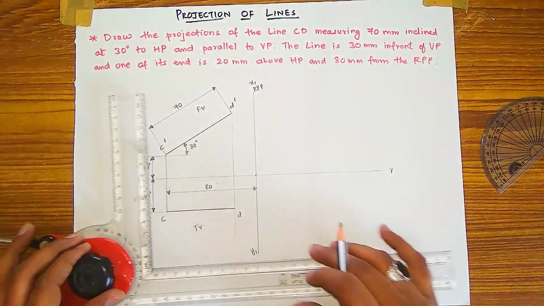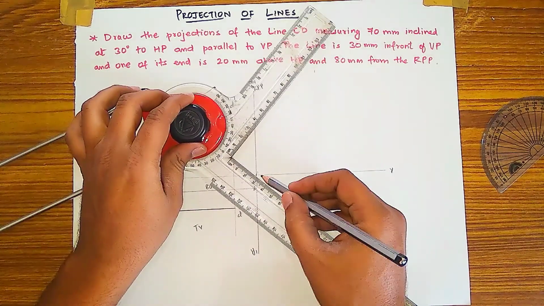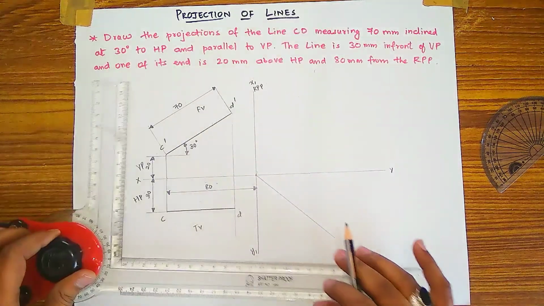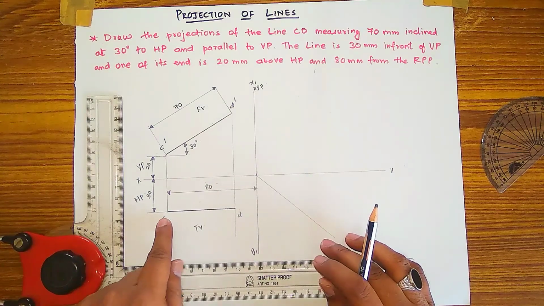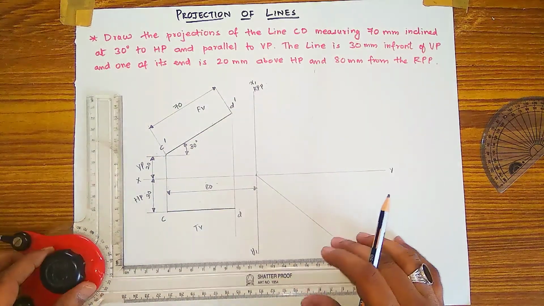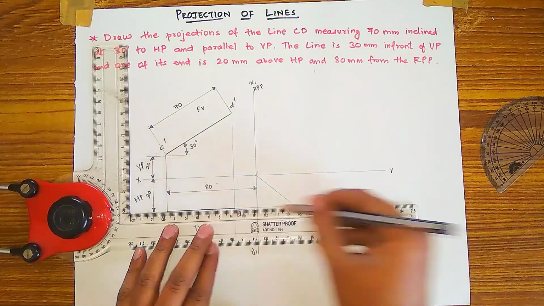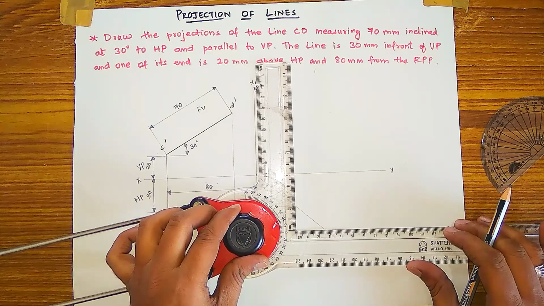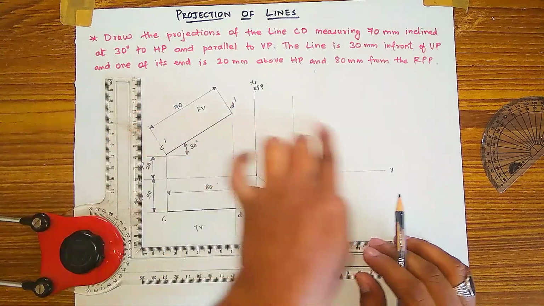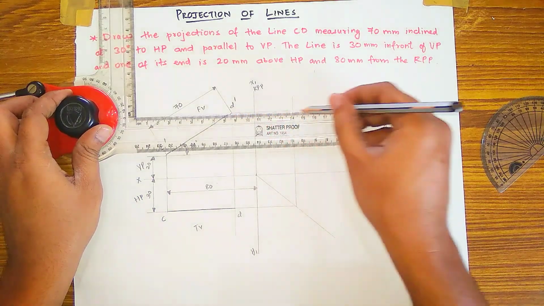Then after, from the right profile plane you have to draw a 45 degree angle line. Adjust your set square with 45 degree and draw a 45 degree angle line. Then after, from this C dash D dash you have to project the lines till this 45 degree angle and upwards. How? I am explaining to you. From C and D, from both points it is projecting. Then after, from these 2 points you have to project the lines here. For example, like this and like this.